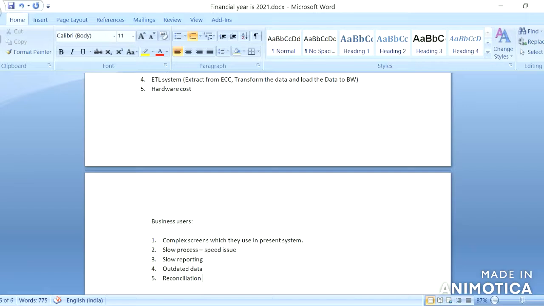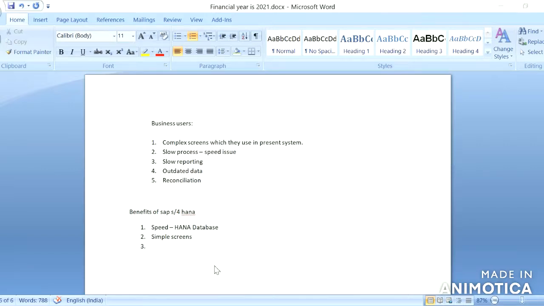So they have to keep in mind while developing the new application and need to rectify all these problems. And also in SAP S4HANA they have developed simple screens with the minimal required data, or they have developed the Fiori app, which will be very much convenient for users even to work on their phones or iPads, whatever it might be.